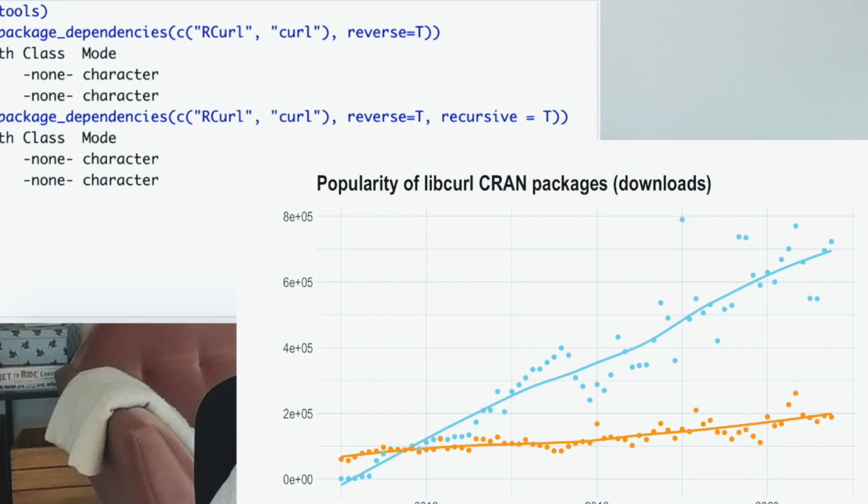But the old RCurl package is still around. However, it's not in very good shape, and if you use it today, you quickly start running into some of these problems. So I think this is one example where metrics can help you make a more informed decision and potentially save you a lot of problems down the line. But of course, these technical metrics don't always work. For example, many R packages are very niche and they're useful only to a very particular specialized group of people. And so the package may not have many downloads or reverse dependencies, but if this is something in your field, it may be exactly what you need.